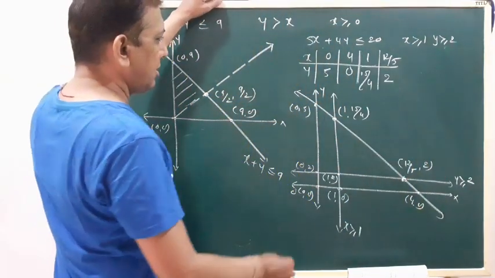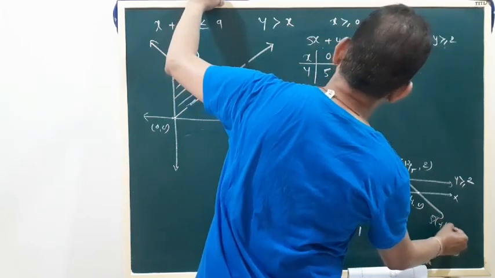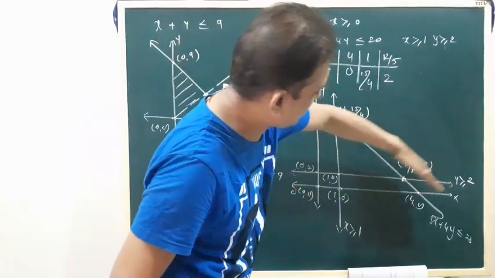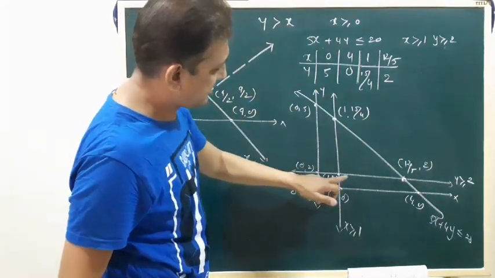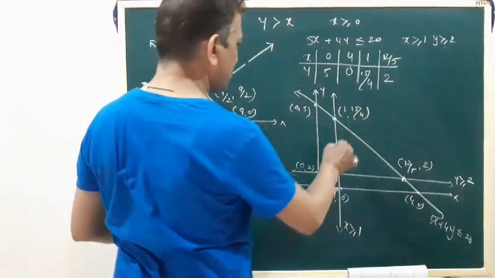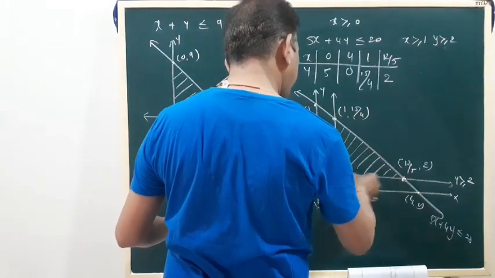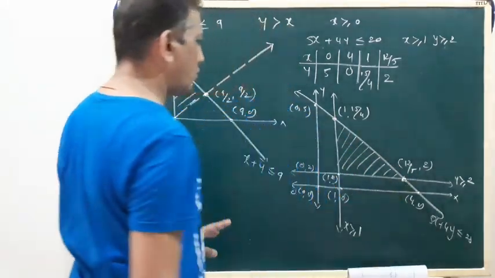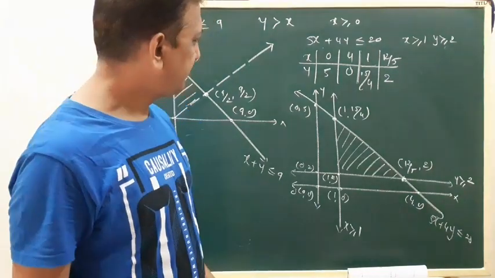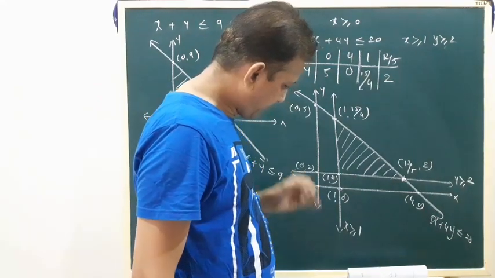Okay. Now the line equation is 5x plus 4y less than or equal to 20. (0, 0) satisfies it, so the lower part of this line, but our limitation is here. So our area, the figure, is only a right angle triangle. Only a right angle triangle. Clear? This is your question number 9.